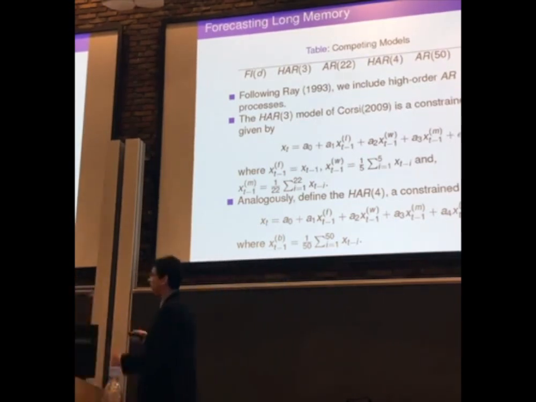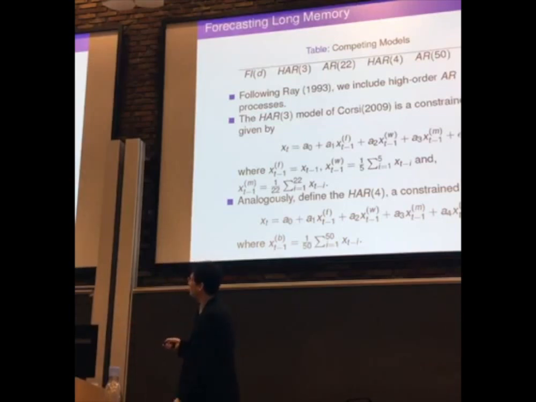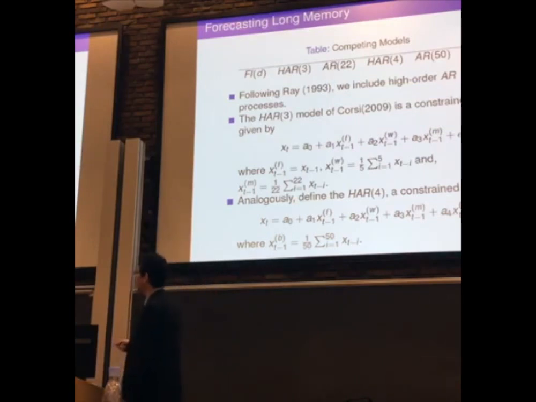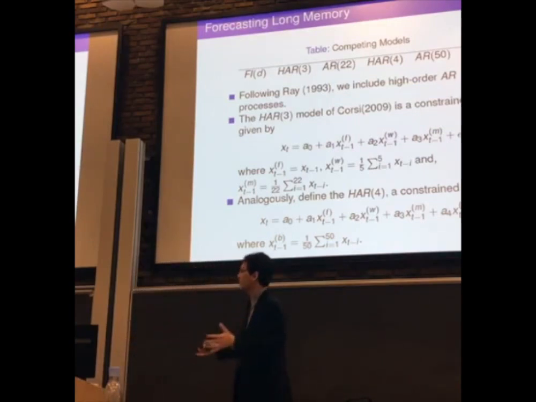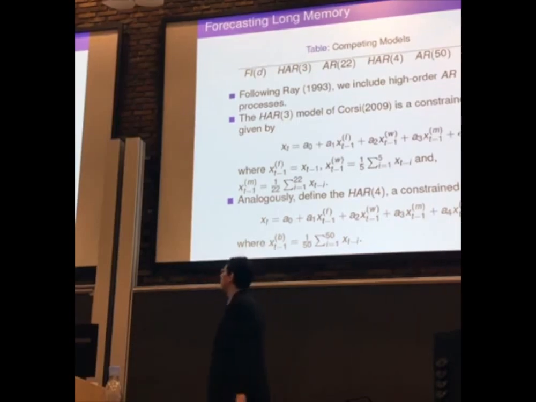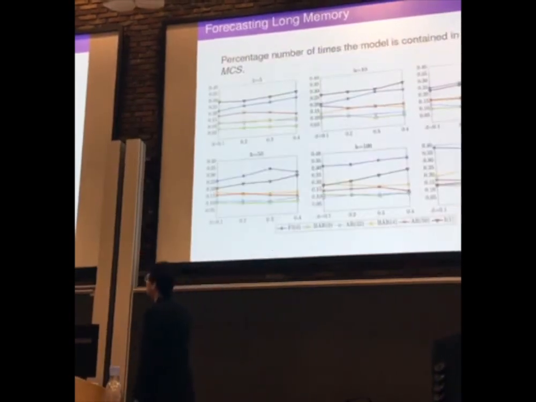So what I'm doing here is defining this HAR4, to include a fourth element that is actually the 50 periods. So in a sense, it will be an agent that responds up to 50 lags. What it does is allow us to estimate an AR50 with just 4 coefficients to estimate instead of 50. Let's see how this behaves.